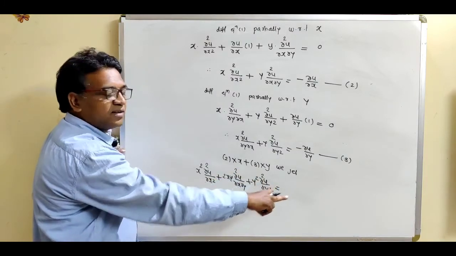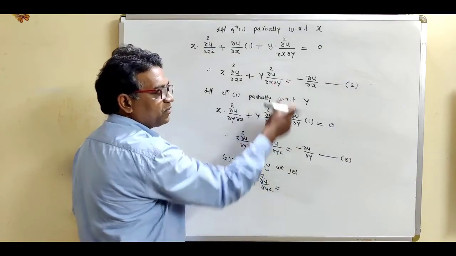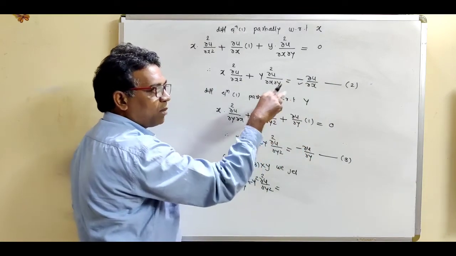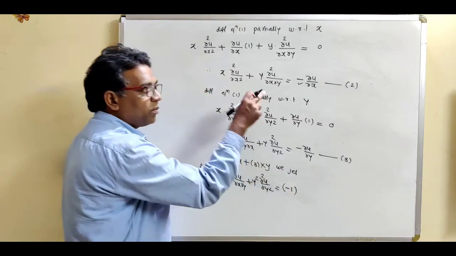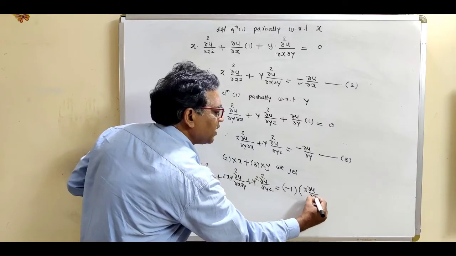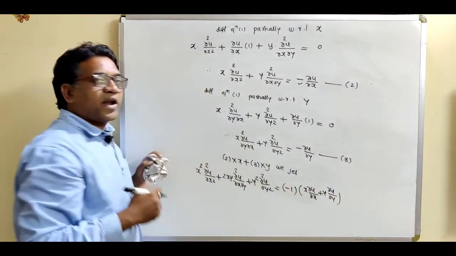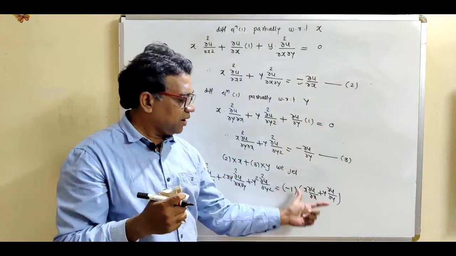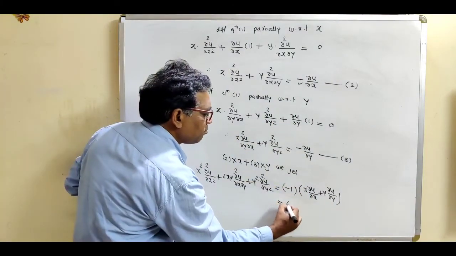What is the structure of the right hand side? It contains 2 brackets. First bracket contains the common term from equations 2 and 3. So what is the common term? Minus 1, or the minus sign, it is the common term from equations 1, 2 and 3. So minus 1 is the common term. Into the second bracket, just put the Euler's theorem, x into del u by del x plus y into del u by del y. So this is the structure of the right hand side. First bracket contains the common term from equations 2 and 3, and the second bracket contains Euler's theorem. So this is minus 1.